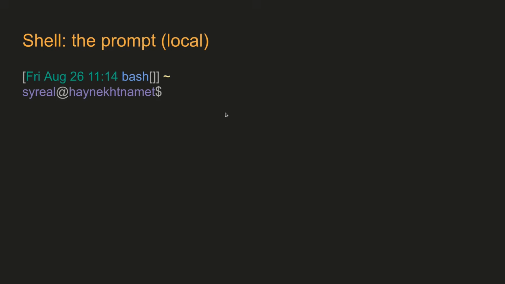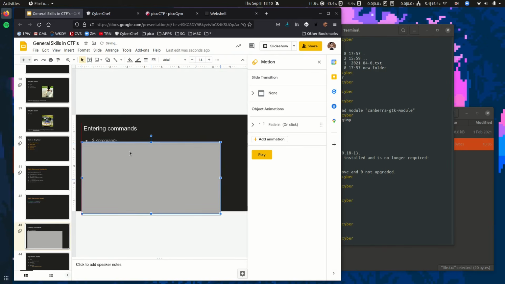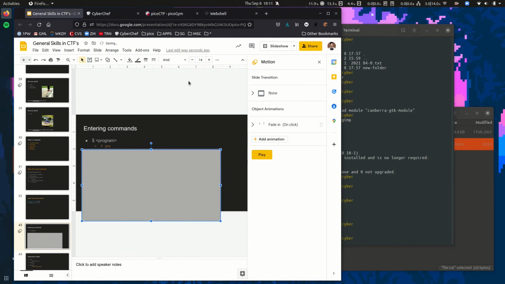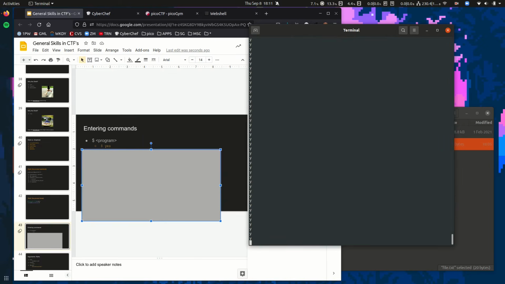So commands, that's really the heart of the shell, is entering commands. There's all kinds of different commands. The simplest ones are just a program with no arguments to it. One example of that is the program called yes. So that's very useful. It prints Y to the screen 1,000,000 times or more, depending on how long you let it run.